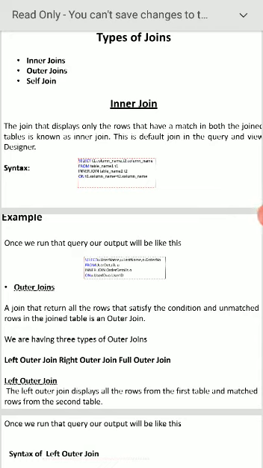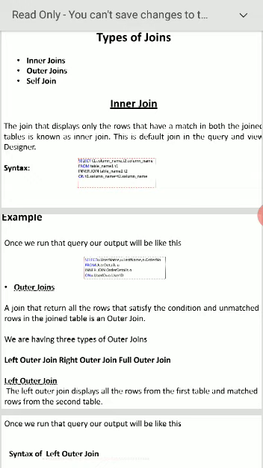Here, the inner join will display only the rows that have a match in both the joined tables. There must be matches. Assume I have taken two tables, user details and order details.